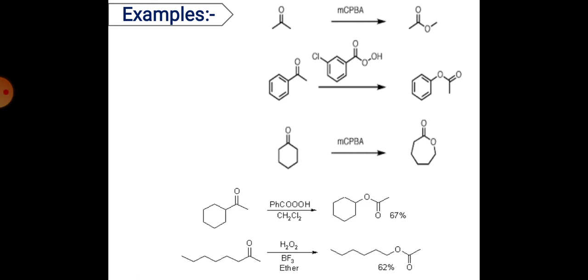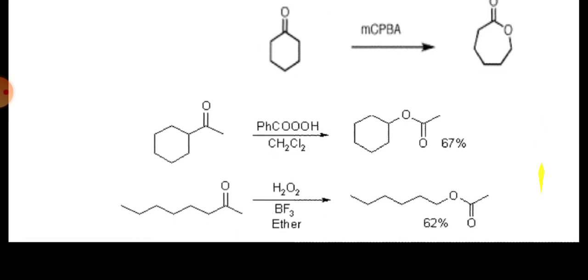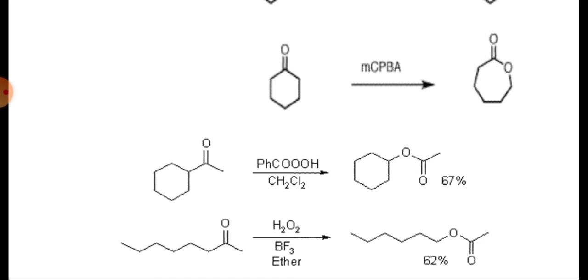These are some examples I listed here. The first example is a ketone which reacts with mCPBA, that converts to an ester. The second example is acetophenone, which reacts with mCPBA, that gives the product phenyl acetate, and finally cyclohexanone will be converted toward the lactone. Okay, here are some other examples that indicate the stereochemistry of this reaction. So at the more bulky, more electron rich group side, the oxygen will be inserted.